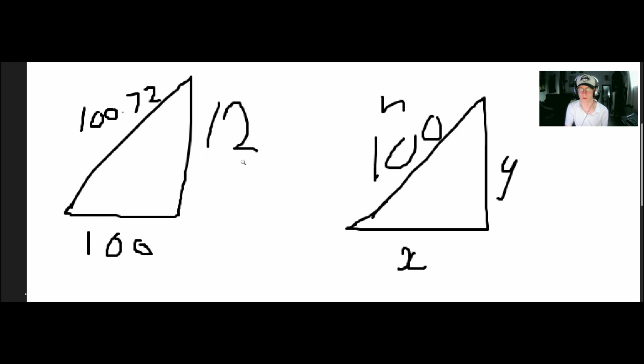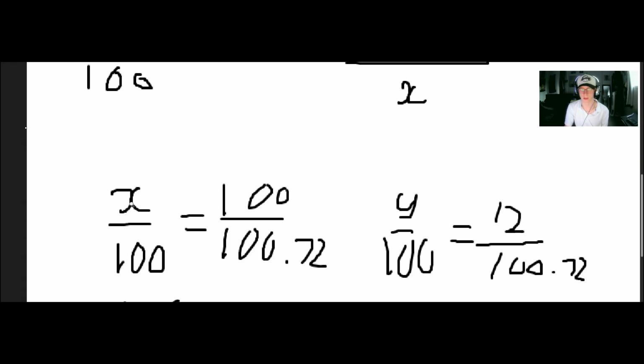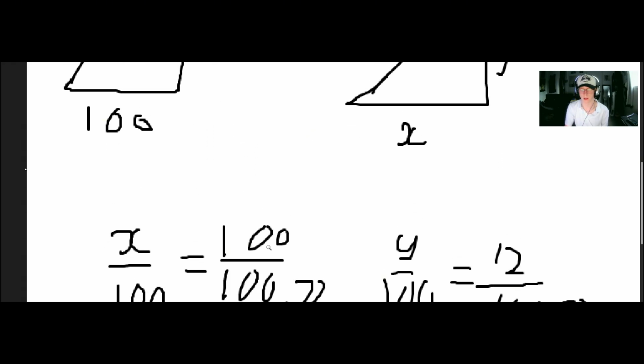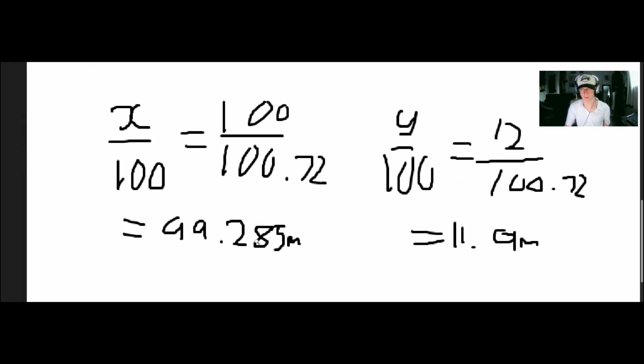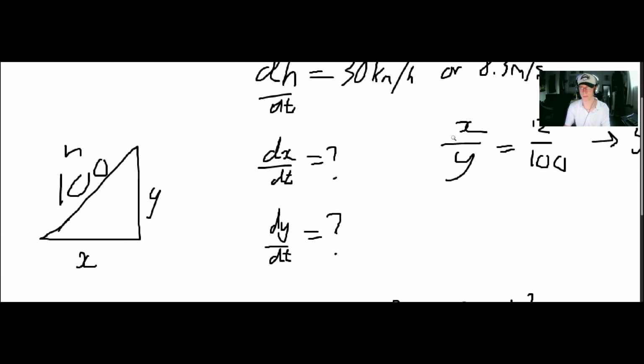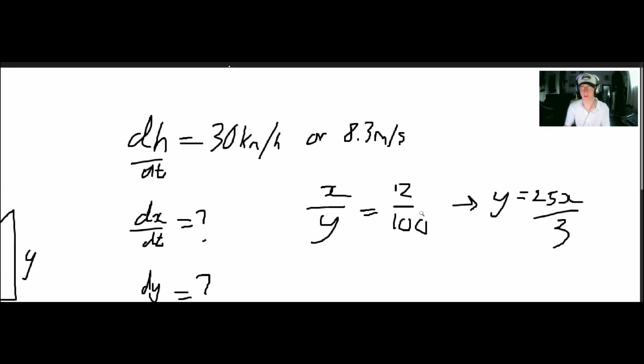To do that, we can use similar triangles, so we can get x over x of each triangle, and then the hypotenuse over hypotenuse of each triangle, and do the same thing with our y values, and that gives us 99.285 meters horizontally and 11.9 meters vertically. So now we know that x equals 99 meters and that y equals 11.9 meters, and we can use the speed limit